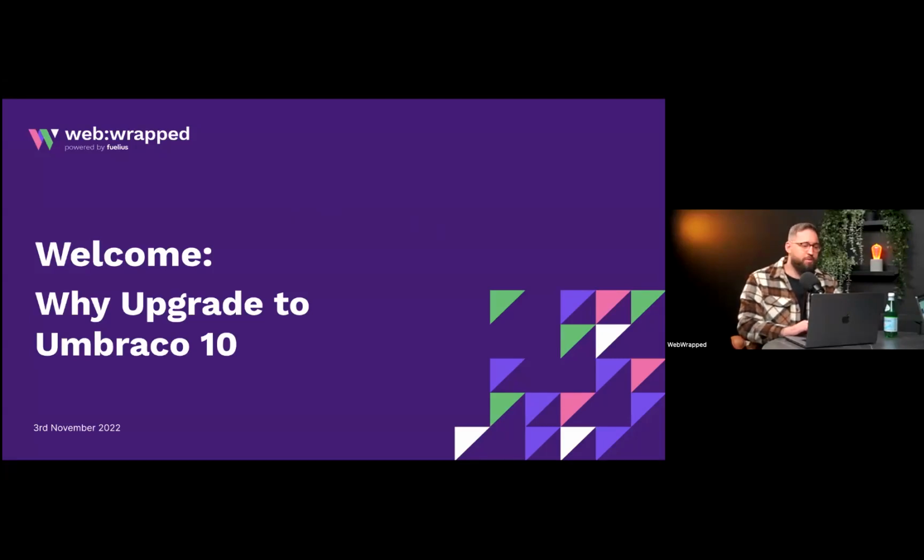Today, we're going to be talking about why it's important to upgrade to Umbraco version 10. So anyone specifically running Umbraco websites, I can see by the attendee list, there's people we know here, clients and so on, that are running Umbraco and running maybe more legacy versions. This is obviously very important to you guys, as well as some new faces here that may also be running